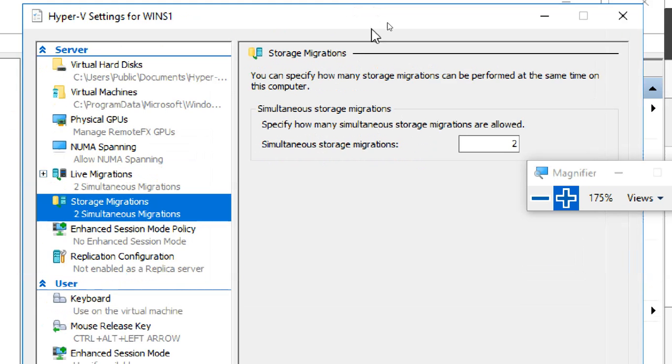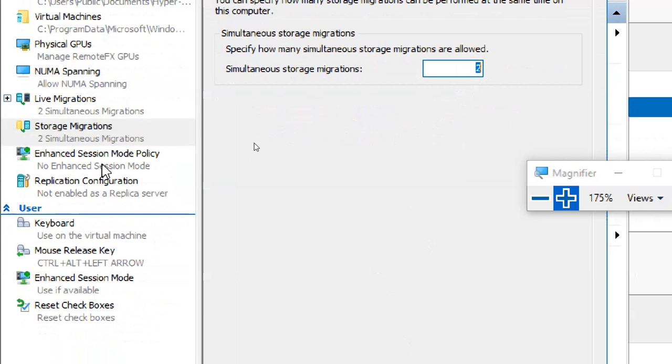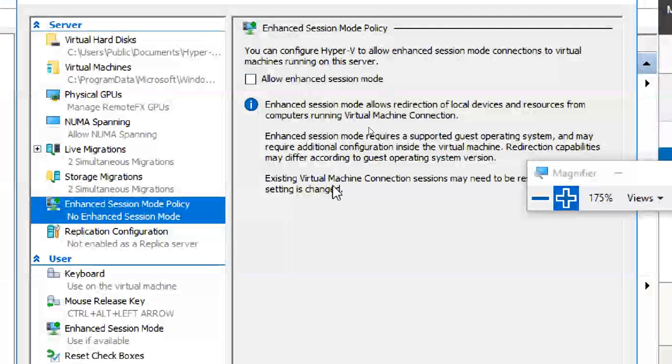Storage migration: how you send your hard disk, that is storage migration. Enhanced session mode policy allows enhanced session mode. This session mode allows redirecting local device resources from the computer running the virtual machine connection.